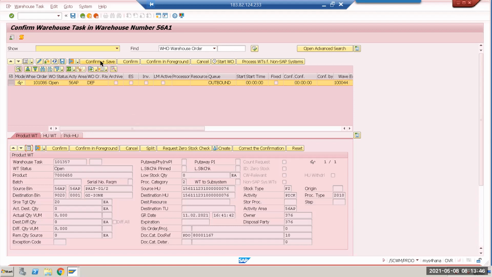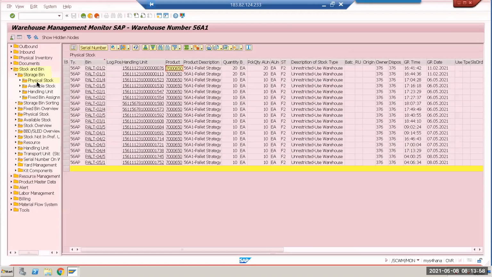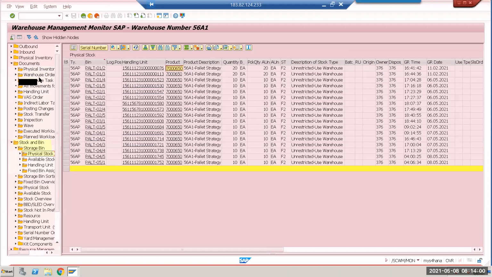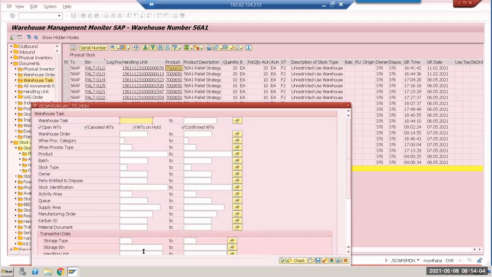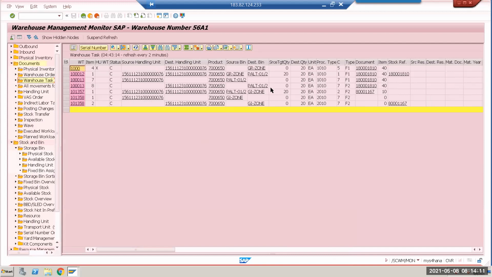And then it's going to the GI zone directly. Let's see how this H2 is going to behave in the monitor. I think you already gave this, saying that it has to go to the GI zone directly, if I'm not wrong, correct? If it is a full pallet. Yeah, if it is a full pallet. If it is partial, then only it will go to the PPIC point. So now it went pallet to GI zone, there is no issue.